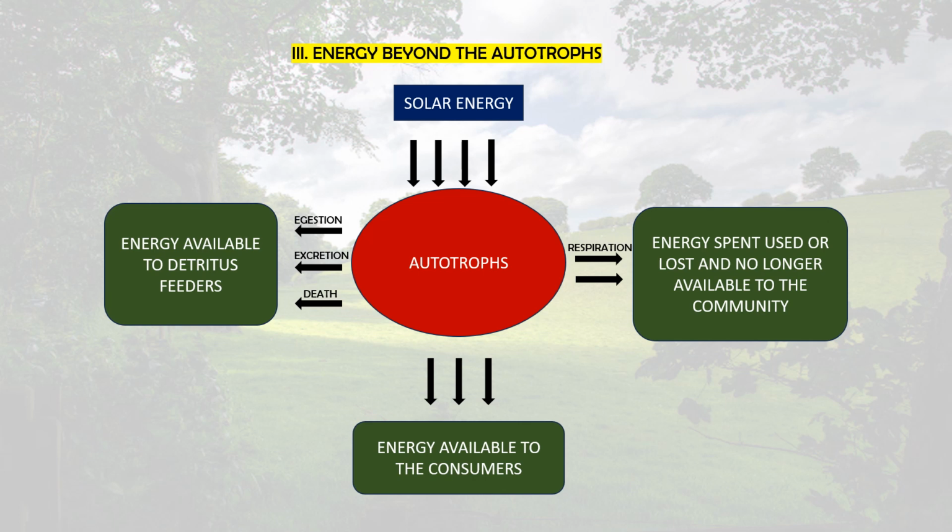Due to respiration, more energy is spent, used, or lost, and is no longer available to the community for use. And there are also other processes like egestion, excretion, or death of the autotroph, which provides the energy to the detritus feeders. And after leaving all these energies, whichever energy is available from the autotrophs is transferred to